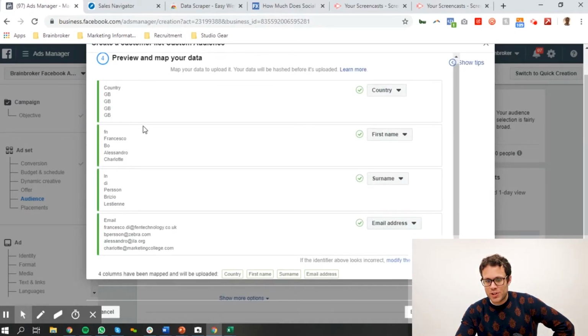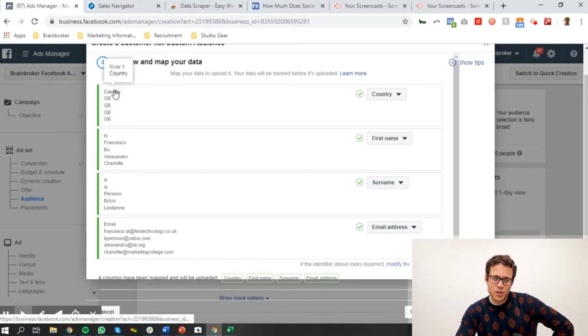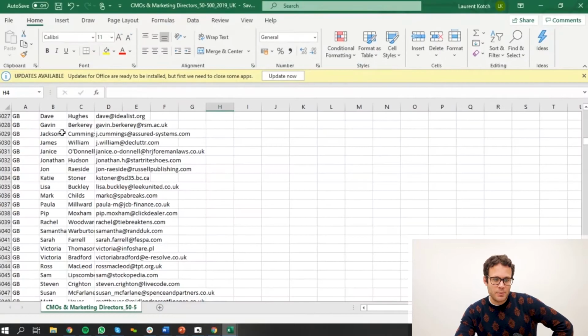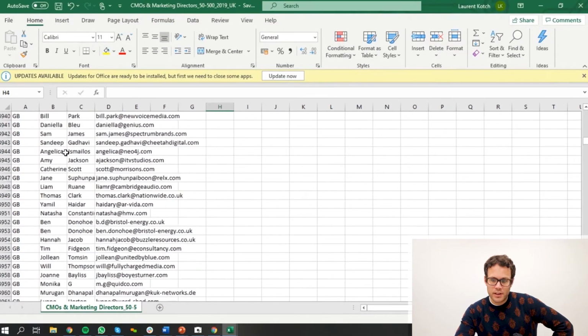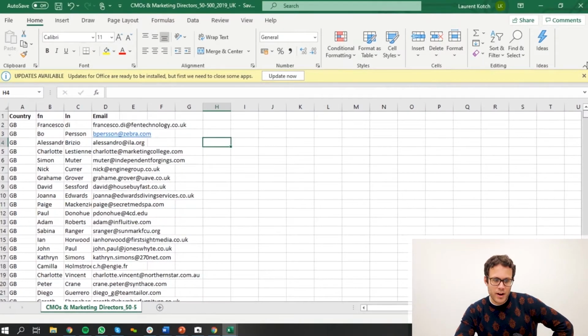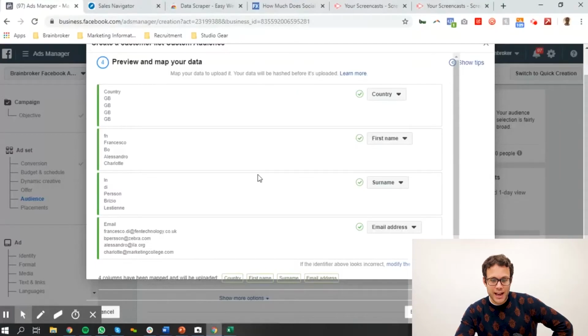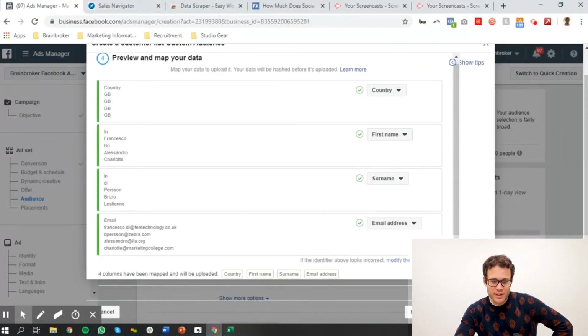Depending on how your information comes out of the scrapes, you may have to change the header to be the one that Facebook recognizes. For instance, first name it recognizes as FN. So if you have scraped data and you've got your column saying first name, just change that in the column header to FN. So for instance, where I had FN and LN, this first said first name, last name, I just changed these so that Facebook would recognize it perfectly.